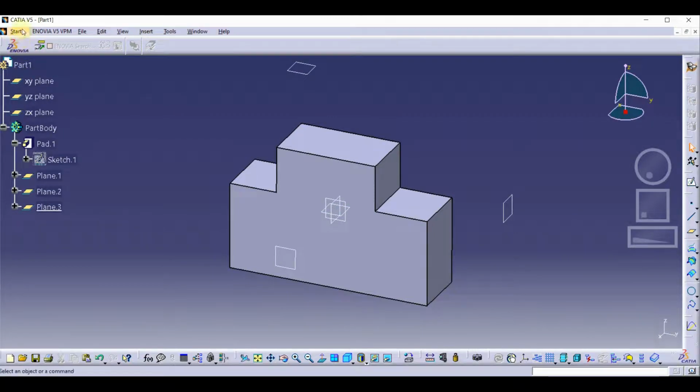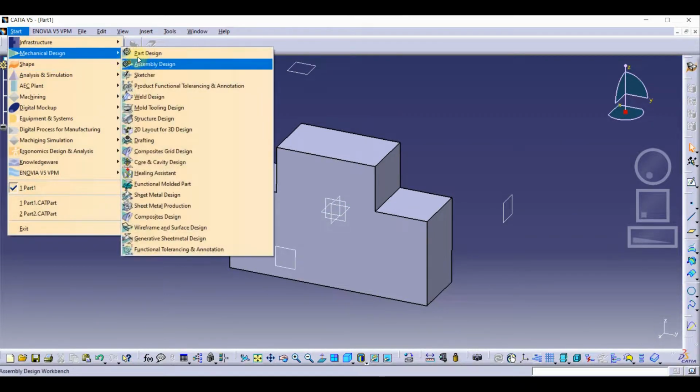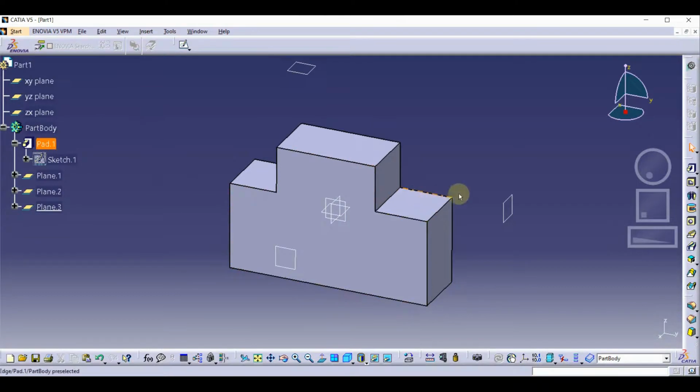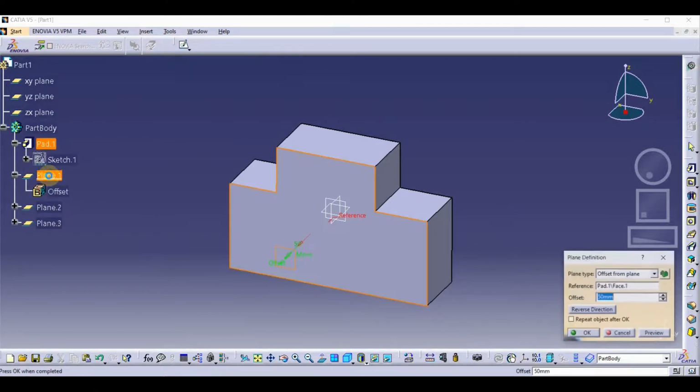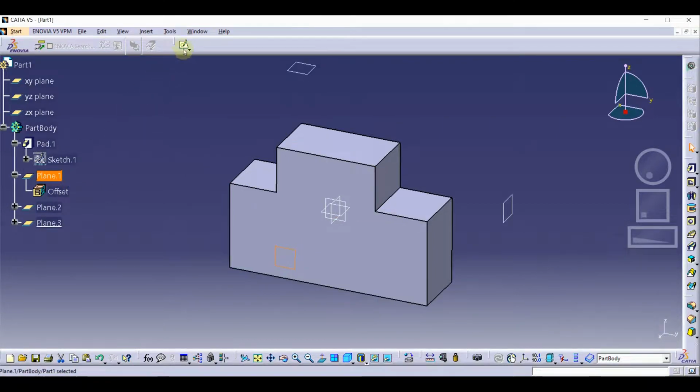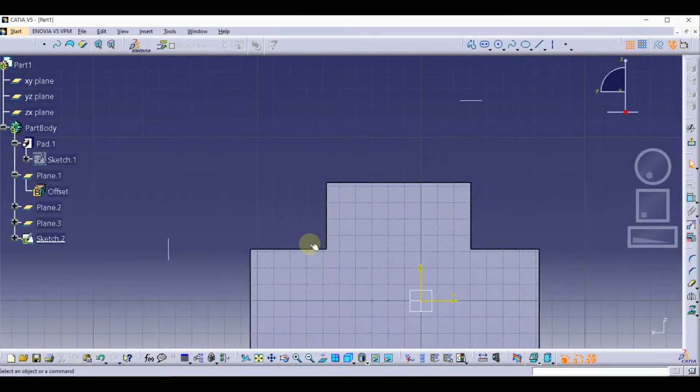Now let's go to part design. Okay, so now we are in the design workbench, part design. So we can work on this plane. Simply I am going to click on it and sketch. So we can sketch on this plane.